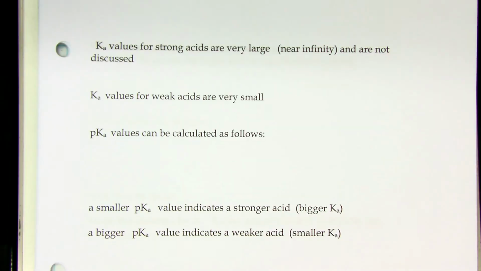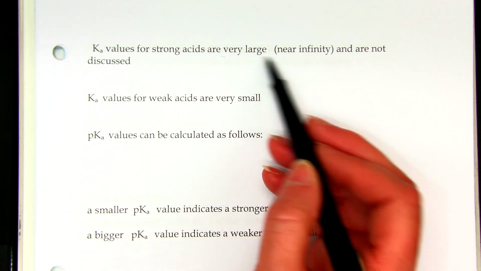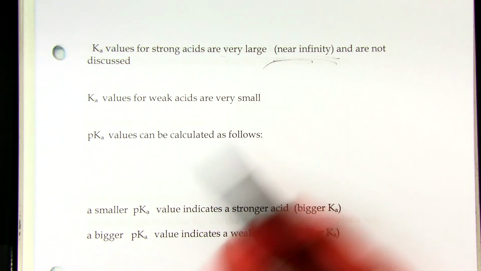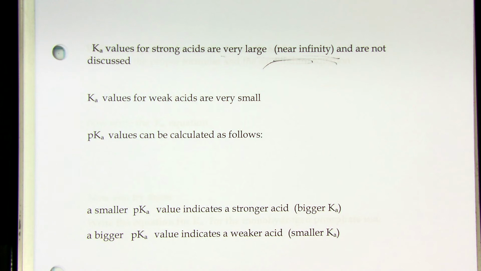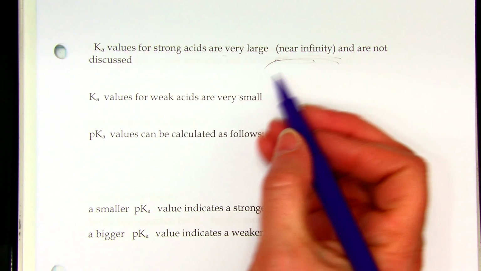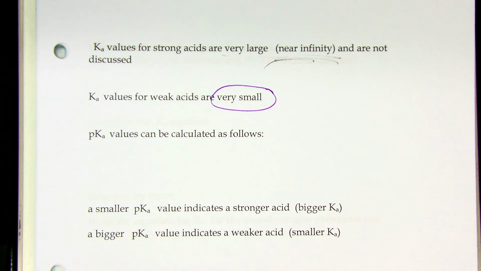So now, if we're talking about a strong acid, it doesn't make sense to think about this because we say they're completely ionized, so the product concentration would be huge, like 100%, and the denominator would be almost nothing, like a 0, and you'd have an undefined thing. So they're very large, near infinity, but really sort of undefined, so we don't discuss them. The Ka values for weak acids are very small. And so we think of these as